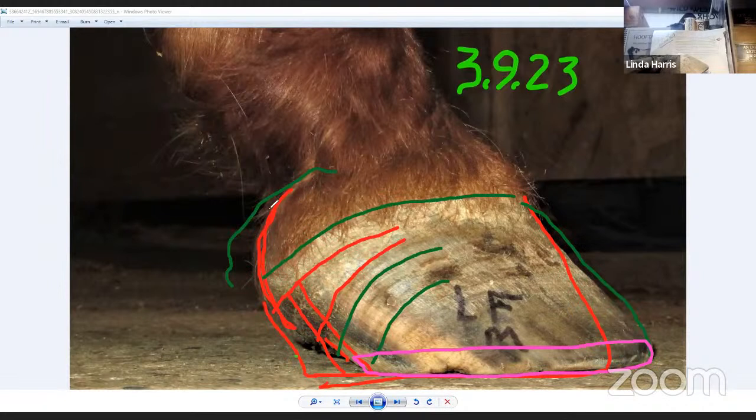If the cartilage is expanded to where they're supposed to be, even if the wall fit to where her foot is at right now, her sole would be around here, more under the foot. But then if the cartilage is expanded to where they're supposed to be, and the wall grew down to where it's supposed to be, which is more right here,